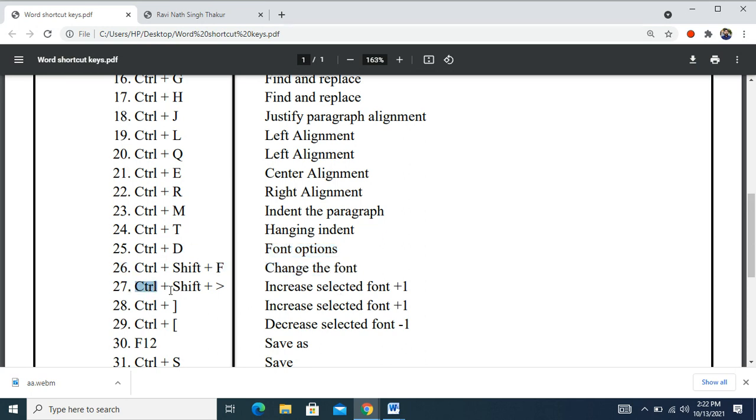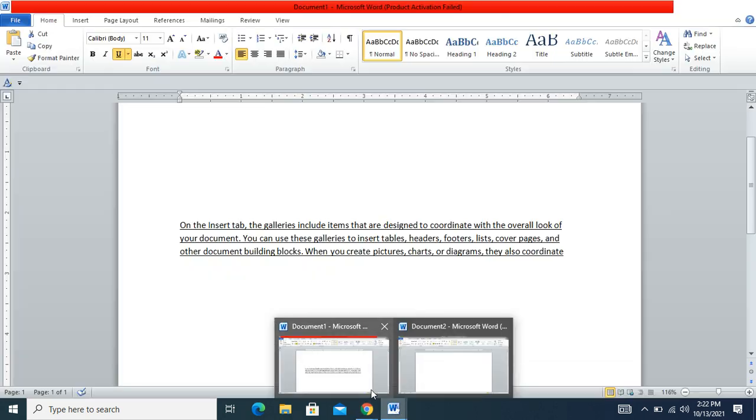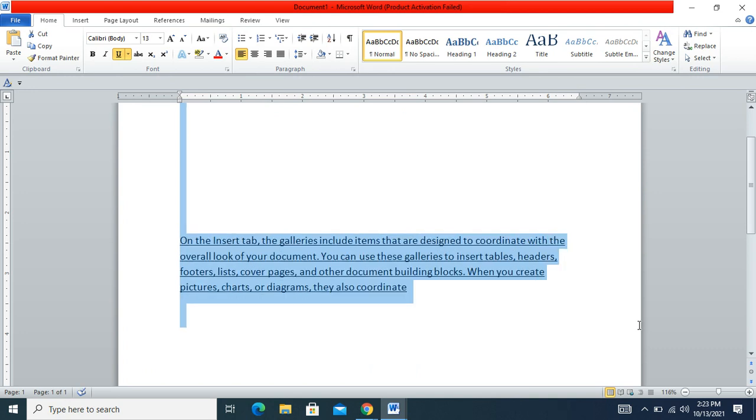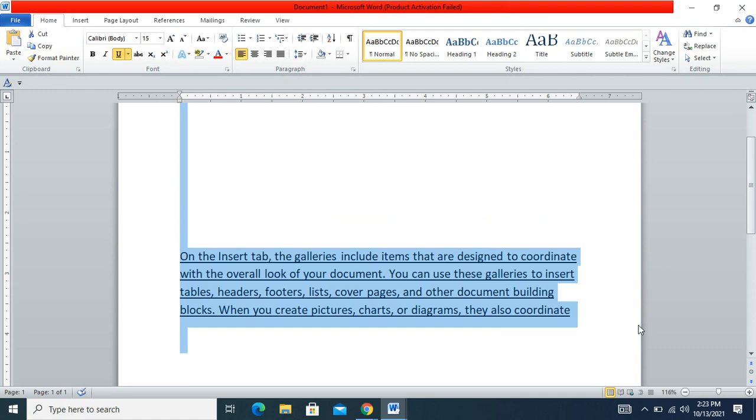To increment the font by 1 point, use Control plus Shift plus the angular bracket, or again you can use Control plus this bracket to increase the font. So here, two shortcut keys are available to increment the size of the font by 1 unit, for example Control plus just a bracket.